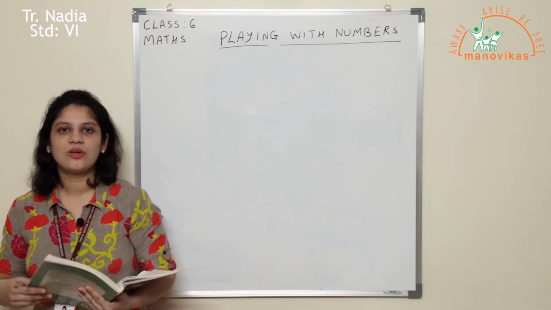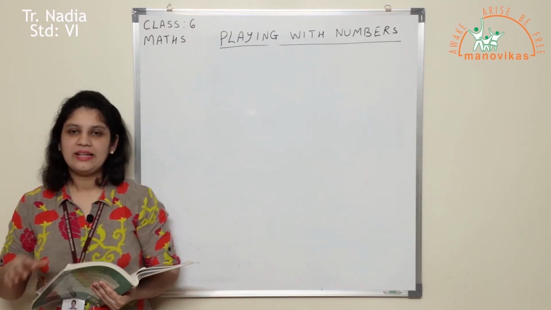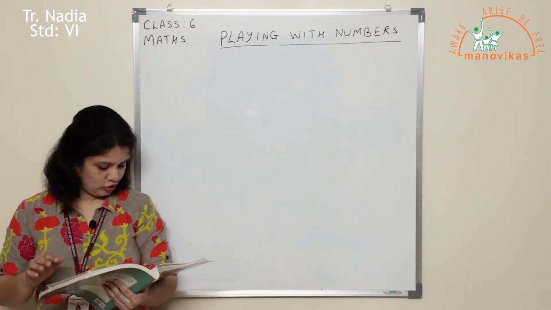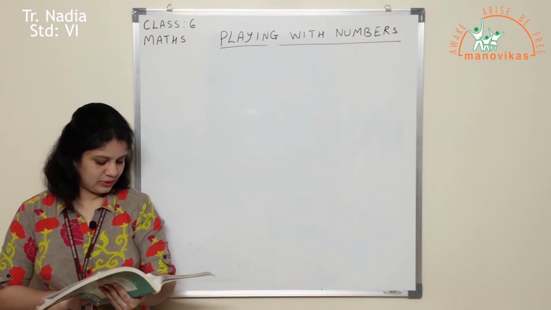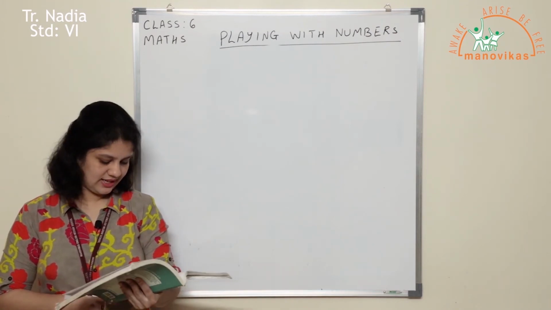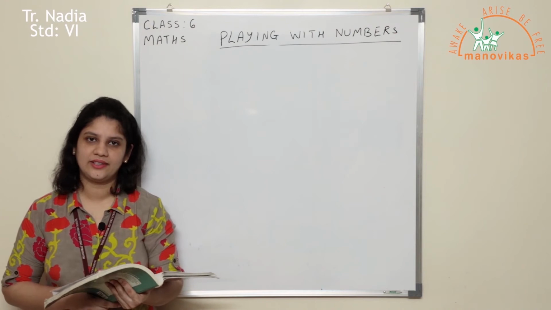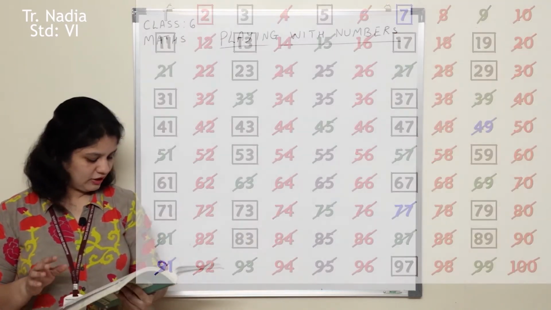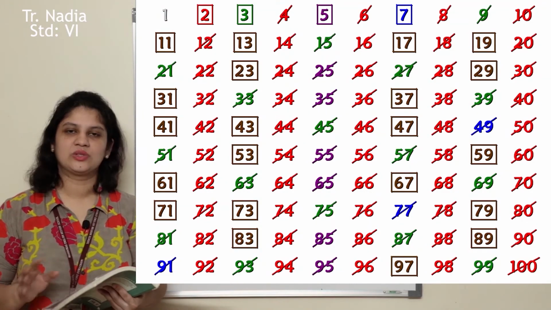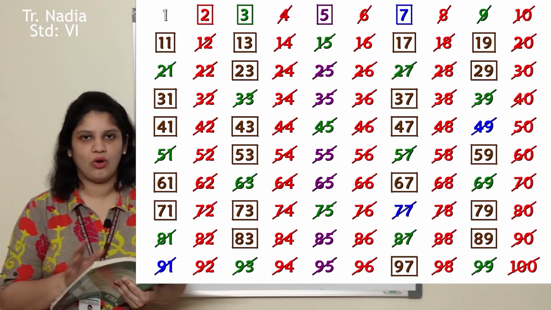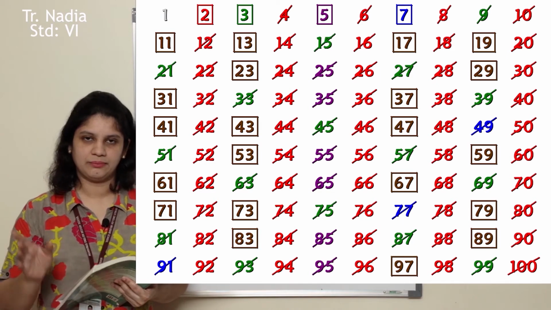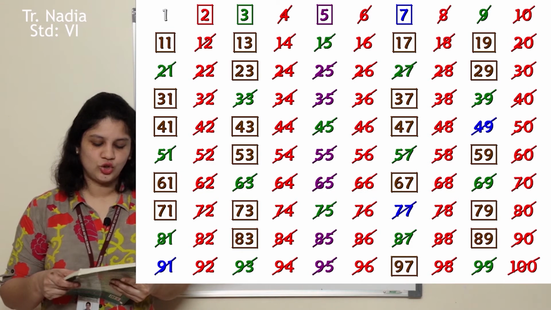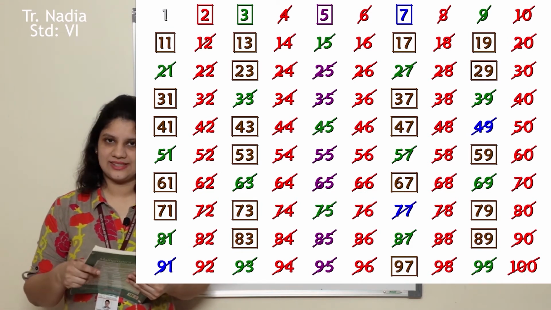Now, it's a very interesting way how these things are done. It's a square grid where numbers from 1 to 100 are written. Your first step is you just cross out 1. You can see everything, the steps on page number 110, how to obtain the prime numbers from the sieve of Eratosthenes. Your first step is cross out 1 because 1 is considered to be neither prime nor composite. It is a unique number. So we strike out 1. Your next step is to circle 2. Okay, the number 2 is encircled.